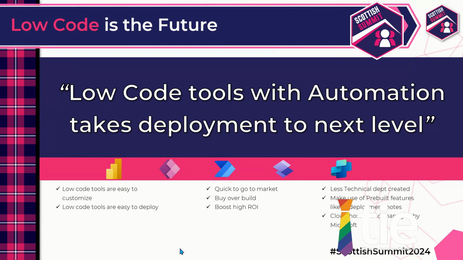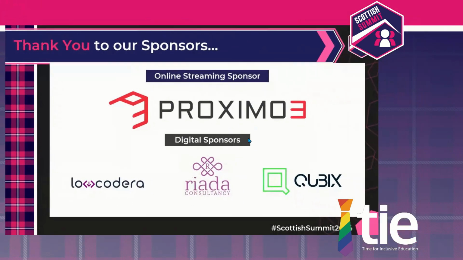So since it is quick, we can generate very quick deployments. It brings a lot of boost, high return on investment. Less technical debt. There are a lot of pre-built features Microsoft is adding regularly on the Power Platform, like AI deployment nodes. There are a lot of other features coming in. We can make use of them, and this is all hosted on the cloud. It's more of a click and make use as a subscription. We don't need a separate Azure subscription with the source control and managing all the stuff. This is all pre-built for us, and we can just make use of the things. So that explains